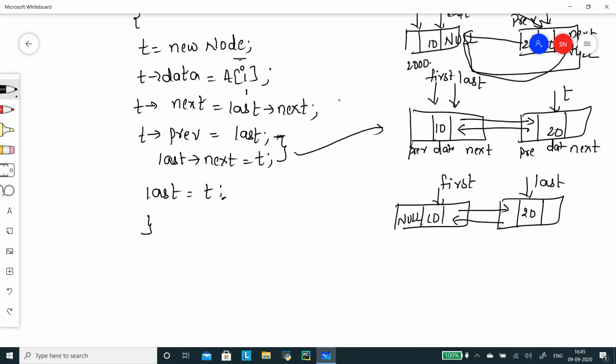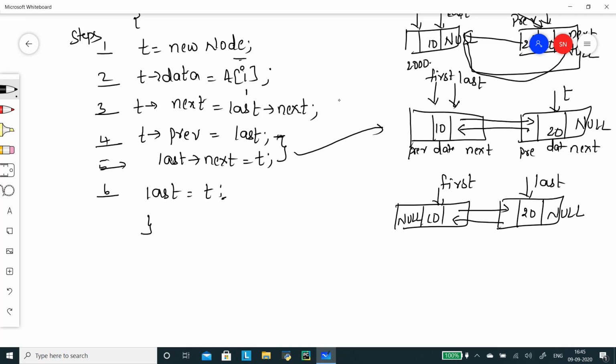So now the links are made between the first node and the second node. 20 has been inserted. What is the last next? There I have taken it as null value. Okay. Because there are no other nodes, the null value has been taken. Okay. So these are the steps. Now if I want to insert the third node, again the same steps we are going to take: step 1, step 2, step 3, step 4, step 5 and step 6. Okay, these are the different steps.